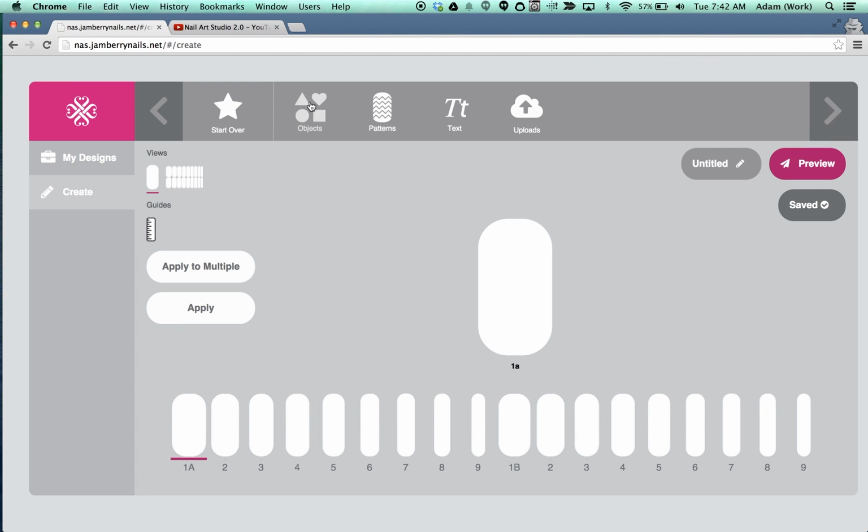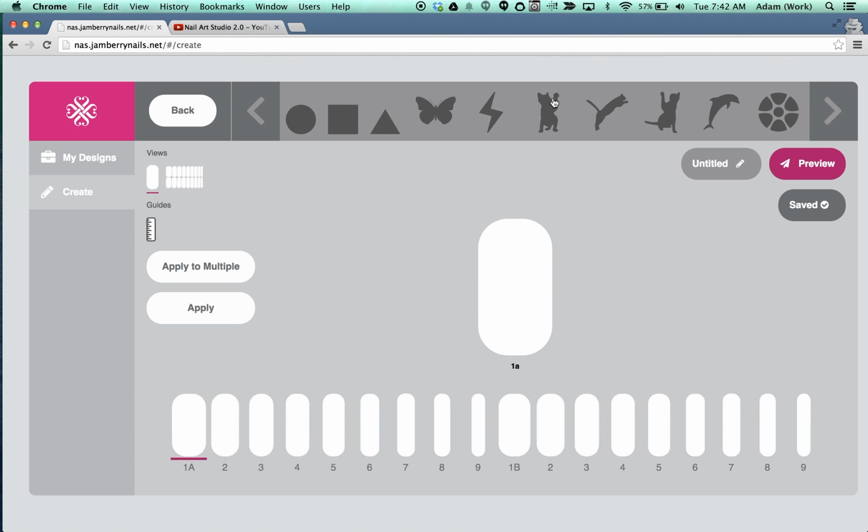So you're going to find shapes up in the objects inside of the top toolbar. The patterns are the same as what we've had inside of the first version of the Nail Art Studio. And then we'll also show you a little bit about how to use text inside of this particular video. In another video we'll go through how to upload images and manage those. So in any case, we're going to take a look at some of the objects we have